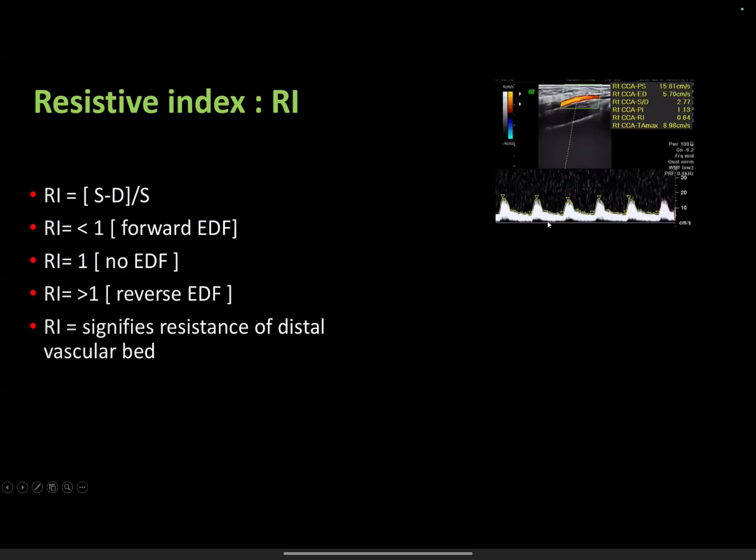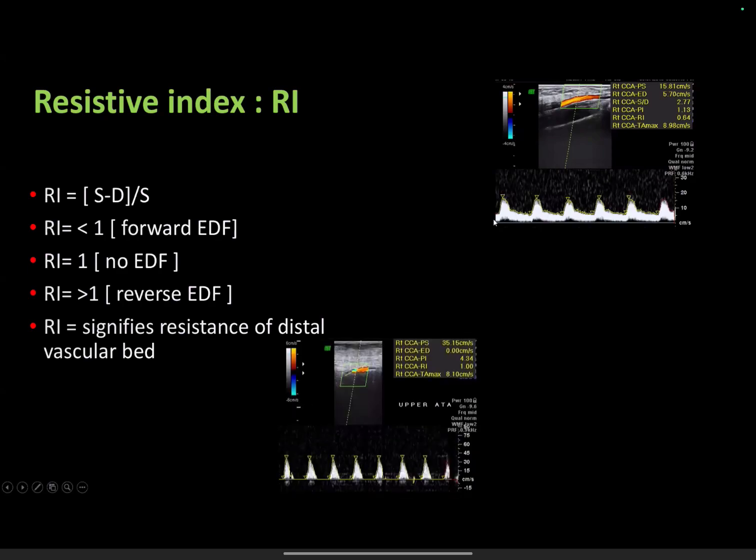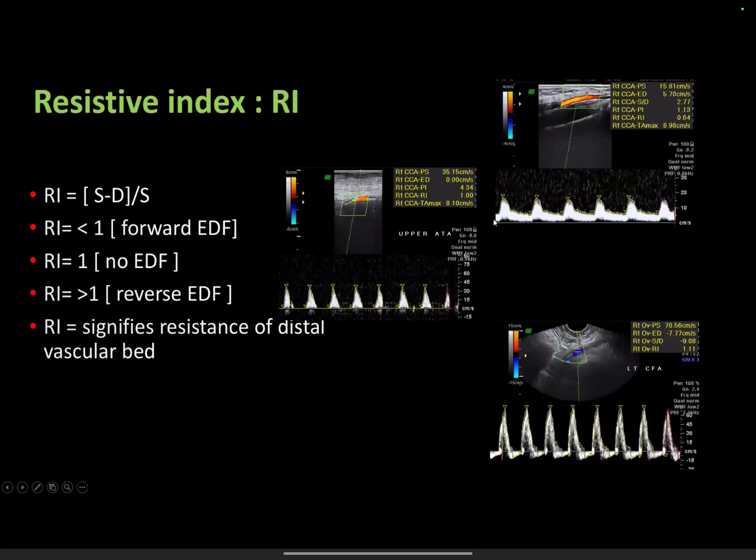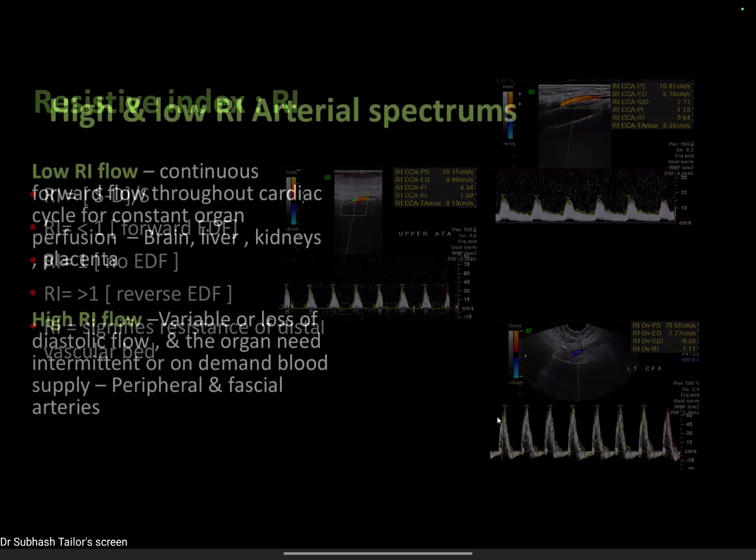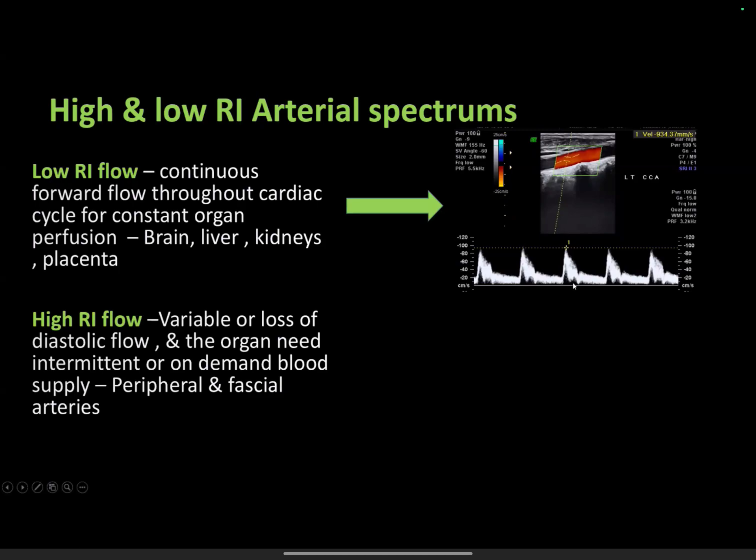Let us see. So here there is complete diastolic flow, which is indicative of low resistance flow. Here there is loss of flow, so RI is more than 1. So this is low resistance flow, high resistance flow, and this is high resistance flow. So this is low resistance flow, means continuous forward flow